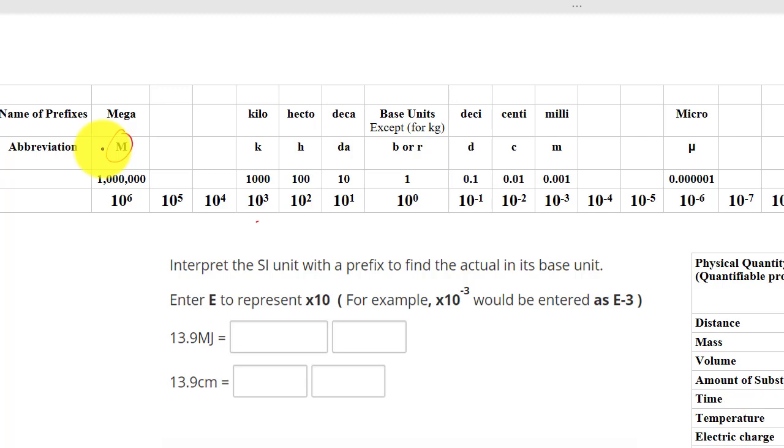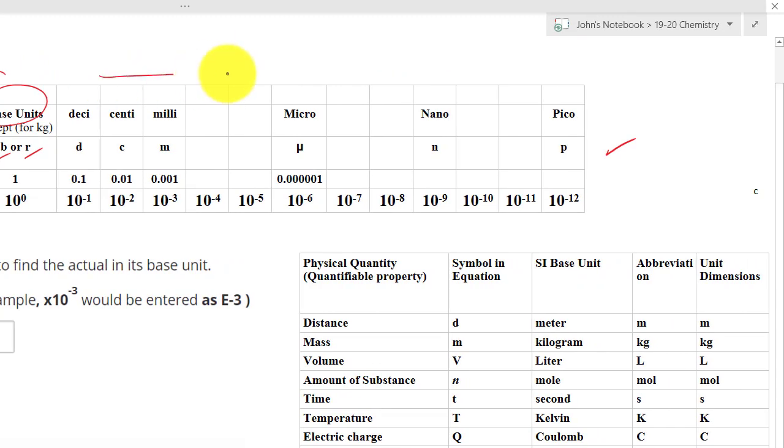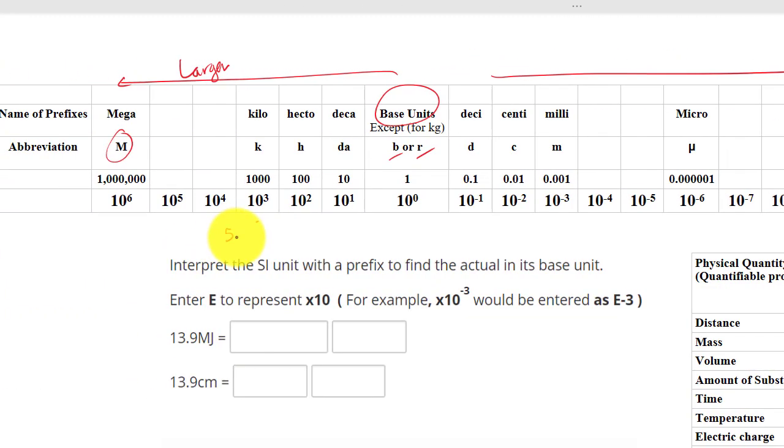For the SI prefixes, we are always comparing to the base unit, which is the root or the base. And that is starting with 0. So if we look at this way, it's going to get larger. And if we go this way, it gets smaller. So let's look at some of the most basic ones that we see in our daily life. For example, let's look at over here where we have 5.7